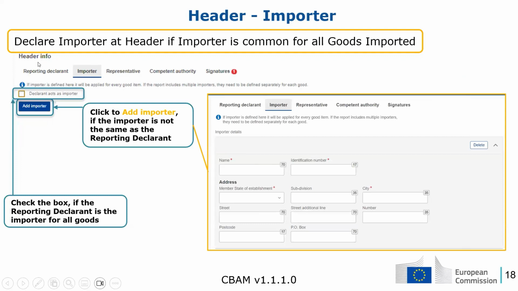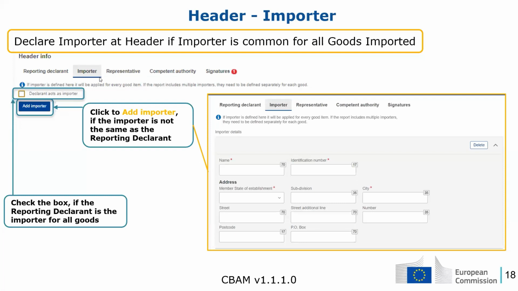This is the importer page, and since we are in the header of the report, we can declare the importer at the header, if the importer is common for all goods imported, as we said before. There are 2 ways of declaring an importer.